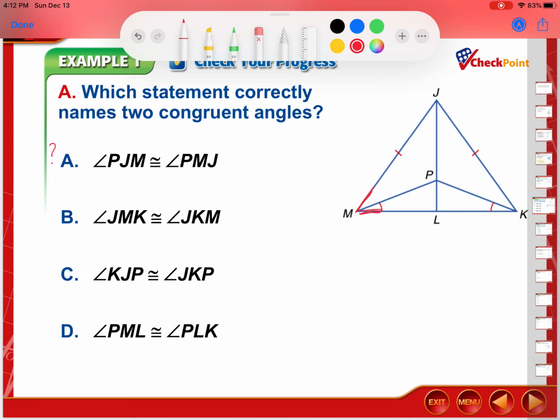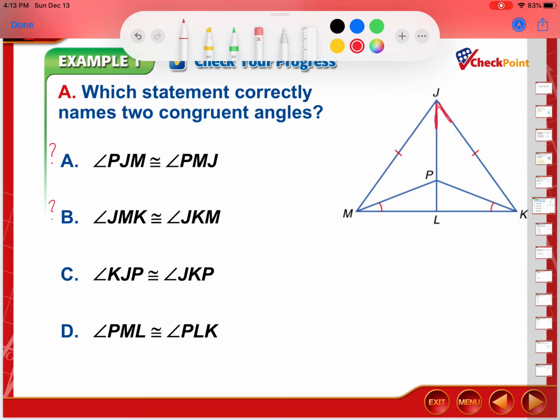So we'll continue on. Angle JMK and angle JKM. Okay, so that angle and this angle. So once again, we have angles that look congruent, but we can't really tell for sure if they are. So now I know that this problem is just one of those tricky ones where they're trying to trick us, which was really redundant. But so, continuing on,